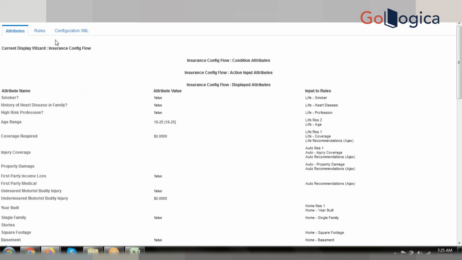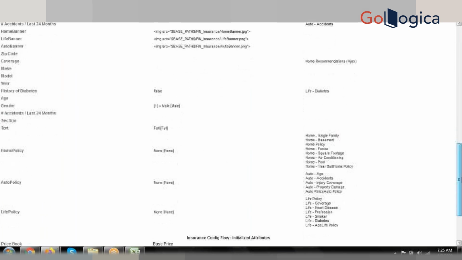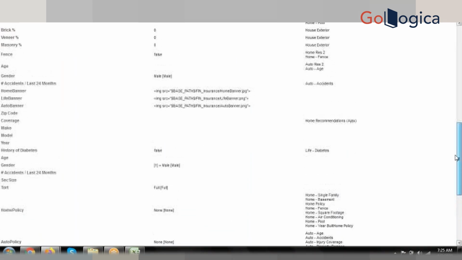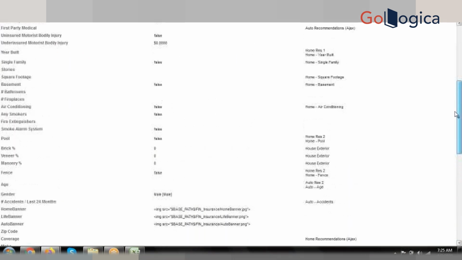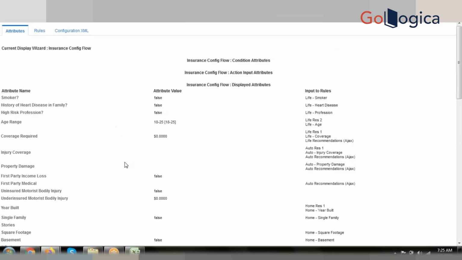So you can see the tabs here. The first tab is showing attributes. You can see the list of attributes on this UI. On the current screen, these are the list of attributes and their values. If they have some value, it is showing those values also, we can see. And if you click the rules tab here,